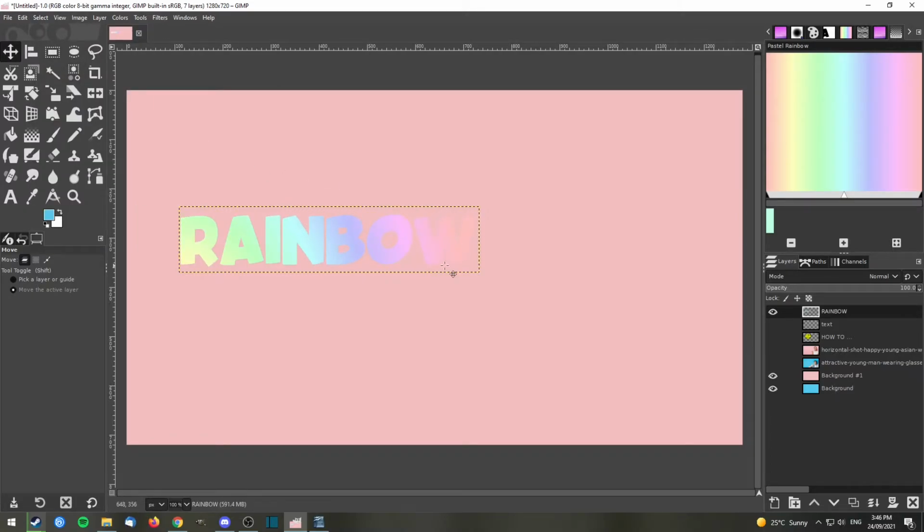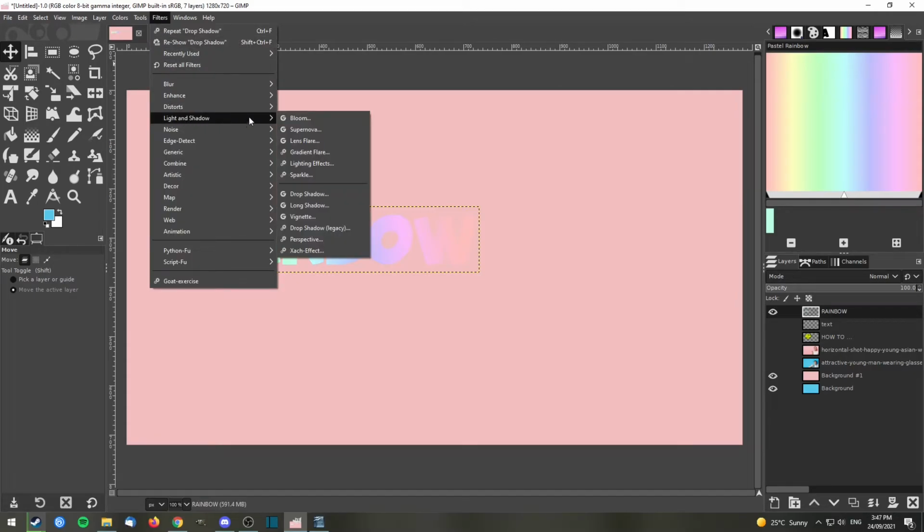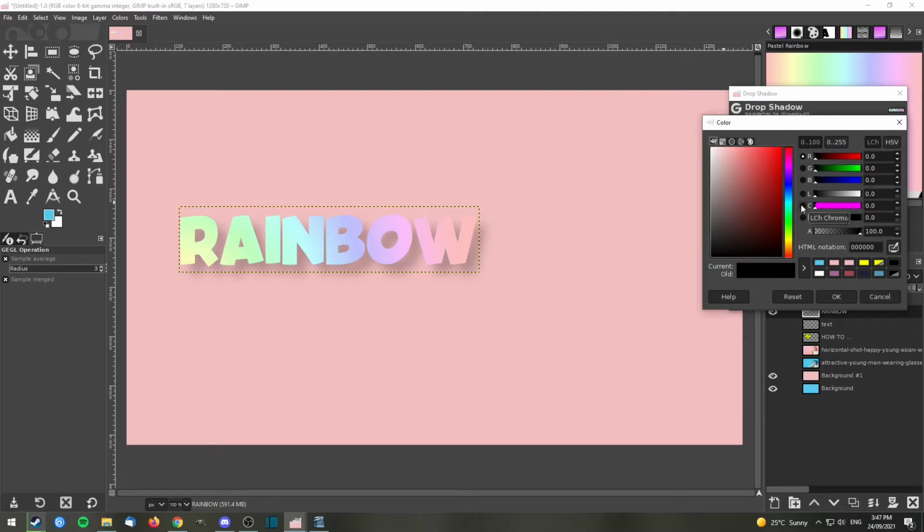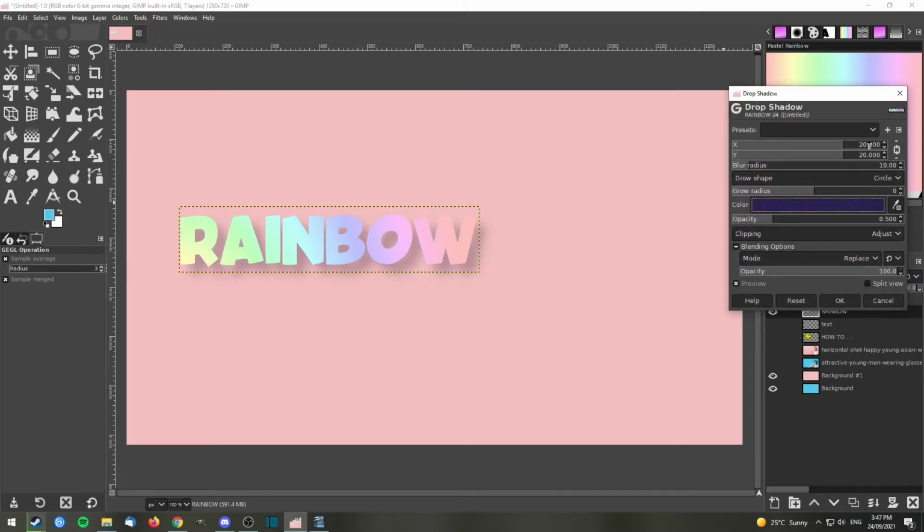And now, because some of the colors don't stand out really well against this colored background, I'm going to add a drop shadow. Going to filters, light and shadow, drop shadow. I'm going to change the color of the drop shadow to this purple color. And I'll make it a little bit more purple than that, to this purple color. And then I'm going to make it to 1,